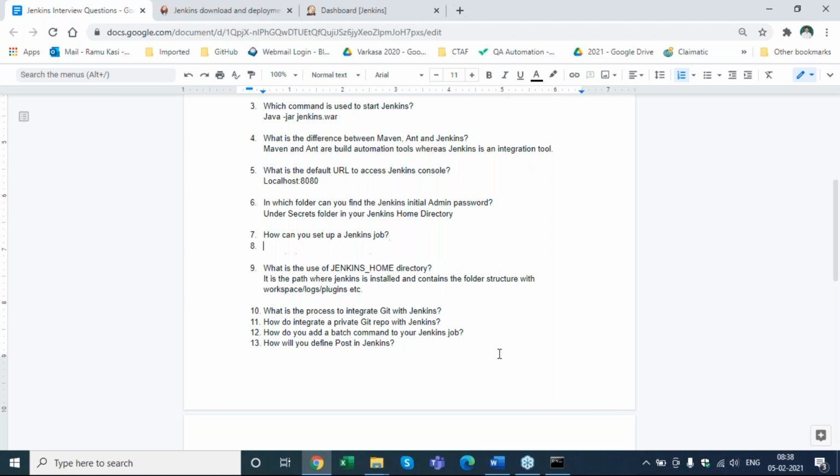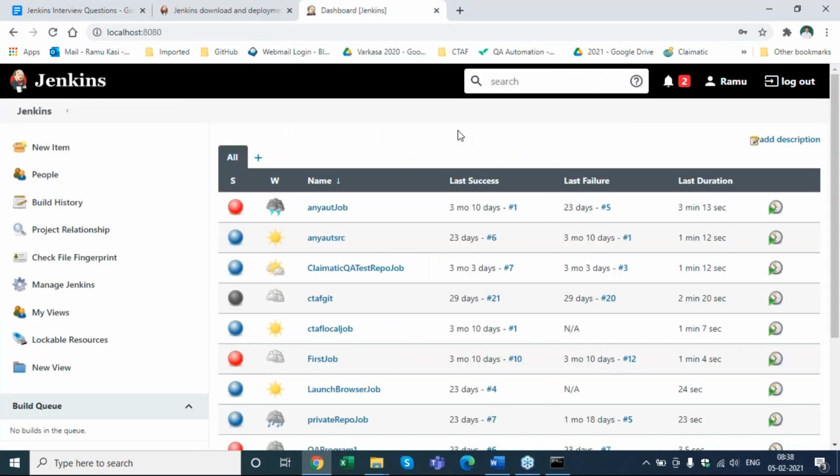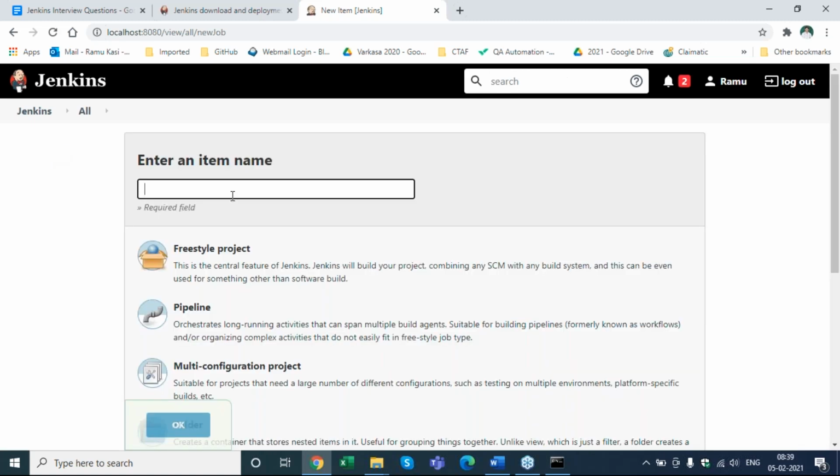So now that we have logged in, we need to create a job, right? So how do we create a job in Jenkins? Go to the new item and go to the project. If it is Maven, you can go to Maven or normal project. Freestyle project for normal one. So I enter a name for the project, and then usually we select the freestyle project. So predominantly we use this freestyle project by default.